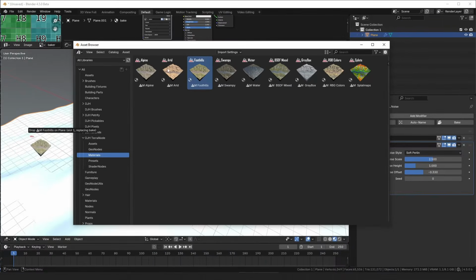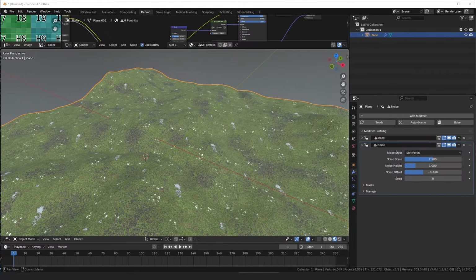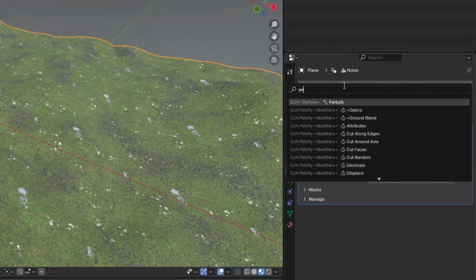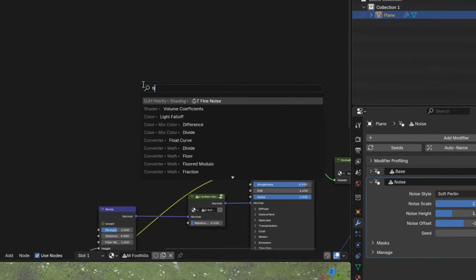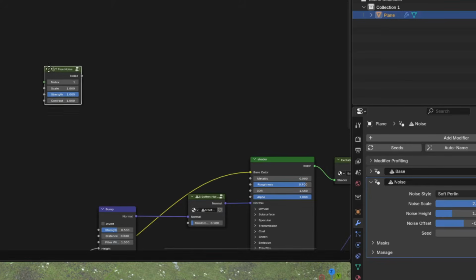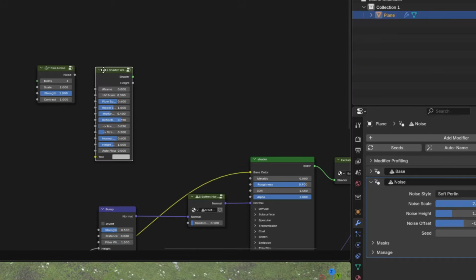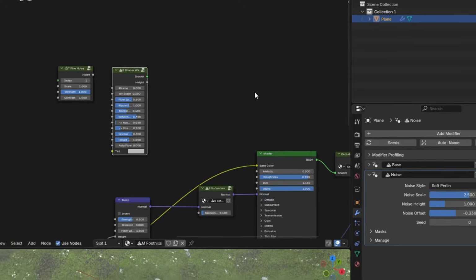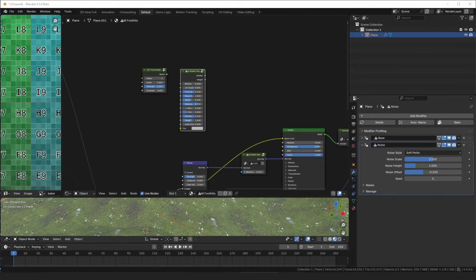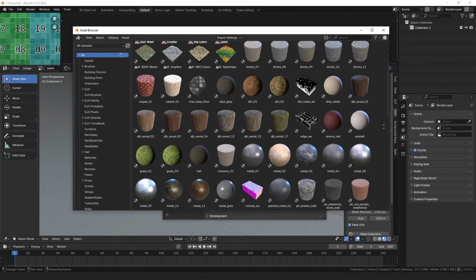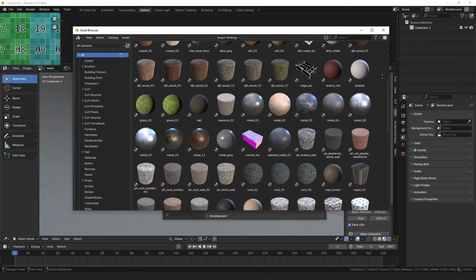And I was like, every time I have to do this task of going to the asset browser to find a material, I get annoyed that I have to do that. Because I really like how easy it is to add modifiers by searching for them, or nodes when I'm working in the node editor, where I can search in the space where I'm already working and just find and access the modifier, the asset that I want. And so the idea was, could I make a similar feature for all of the materials that are in my asset libraries? And I think almost every feature I've ever added to my add-on has started in a similar way,